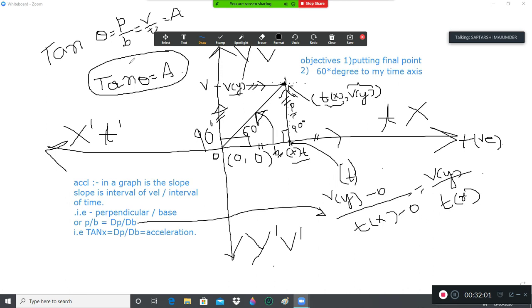This motion chapter, at least in this class, is like a feather, which you can feed in your mind, so that you are an able person who can solve any kind of problem related to this type of sums. This is a very complicated sum, but it's a very easy sum when you are going to be in class 12. It will feel for you as if you are holding a feather.